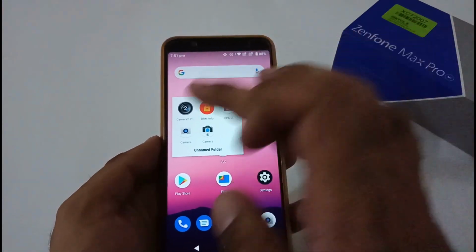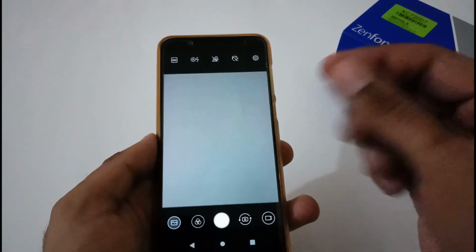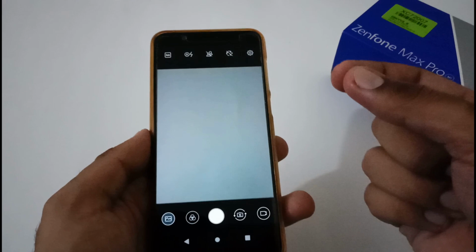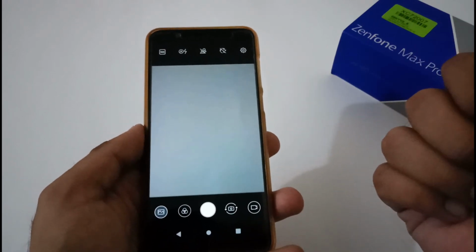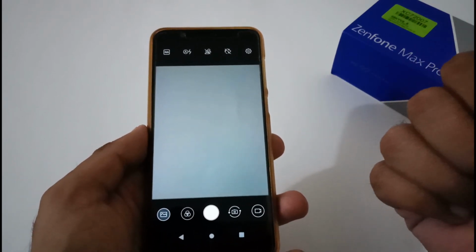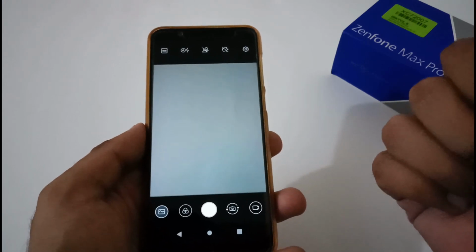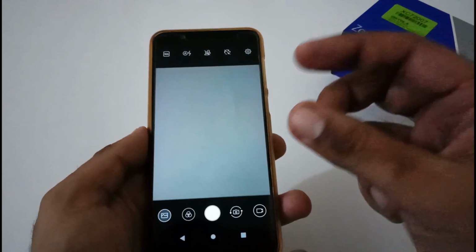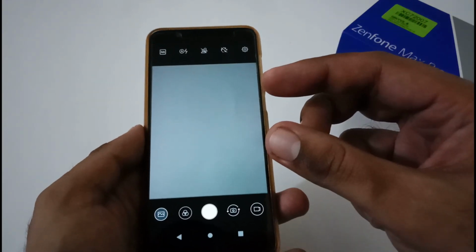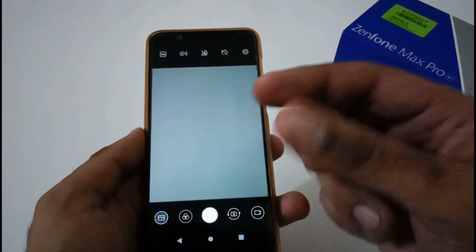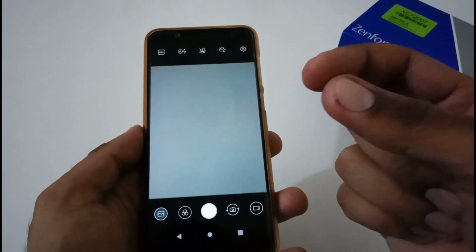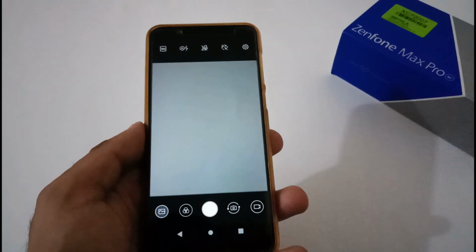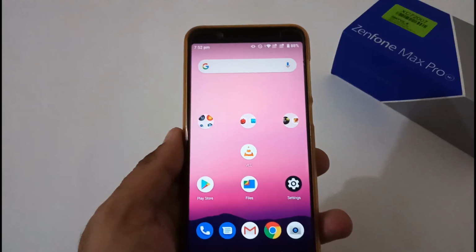After this, now let's focus on the stock camera perspective. With respect to Android 10 Beta 4, the stock camera UI is really a mature one, like a professional one. Whereas on any Android Pie stable version, it looks cartoonish or like a very immature UI. You will also see good image quality and processing on Android 10, but there is a catch. Sometimes with this particular app, you will see some random errors or random crashes as well, which is very rare with respect to the Android Pie 087 version.